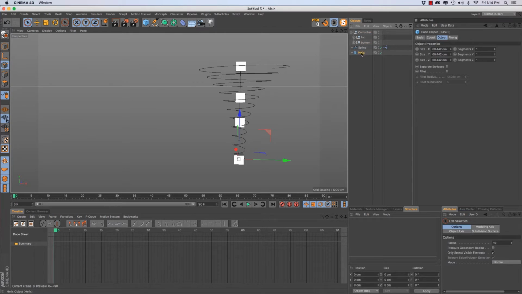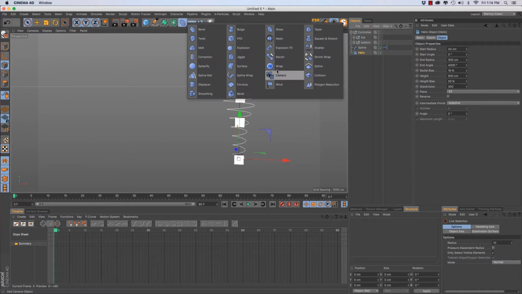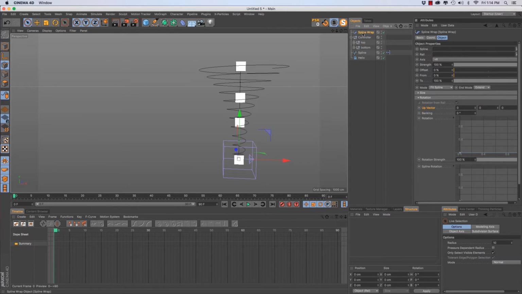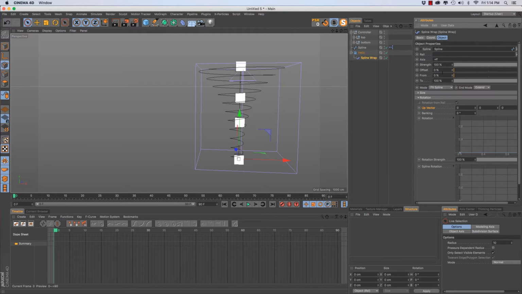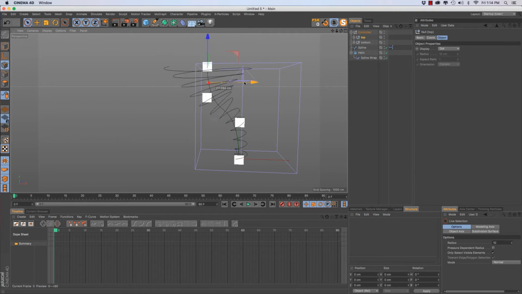Next thing we're going to do is add a spline wrap to our helix. Just make it a child of our helix, and add our spline in there, and change the axis to positive y. So now if we grab this controller, we can see that it is warping the spline. You can see also that it's jumping